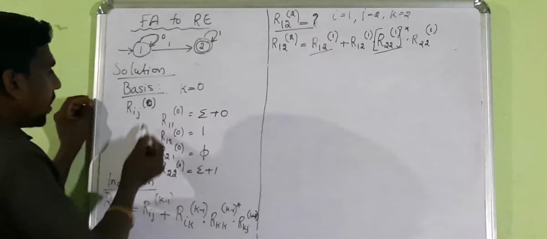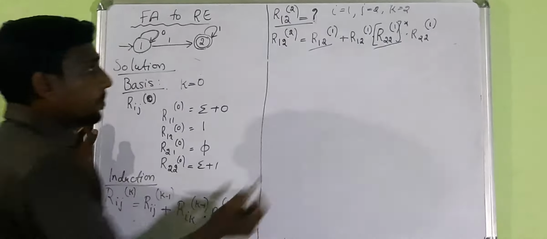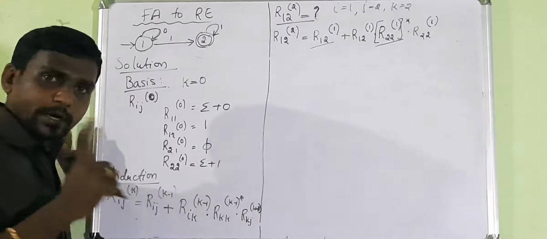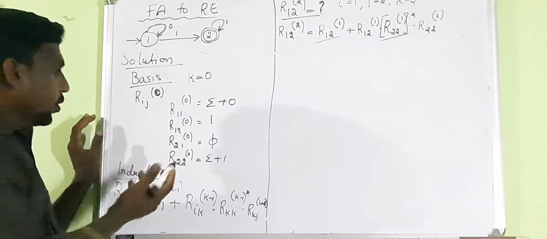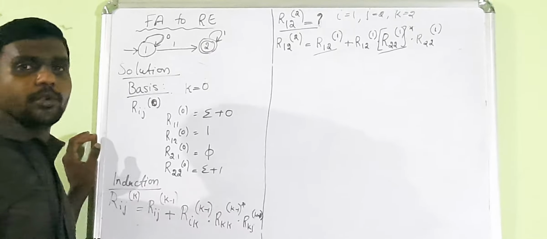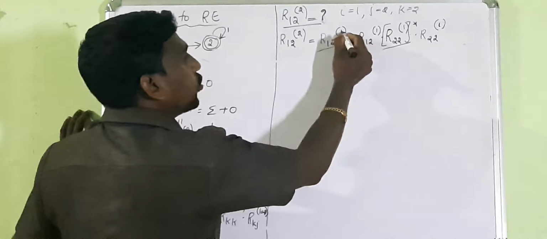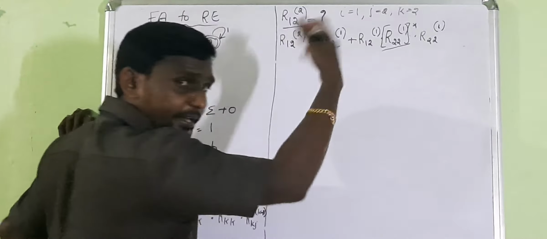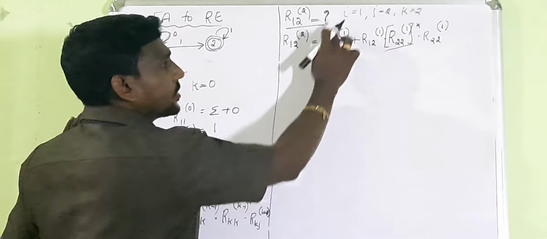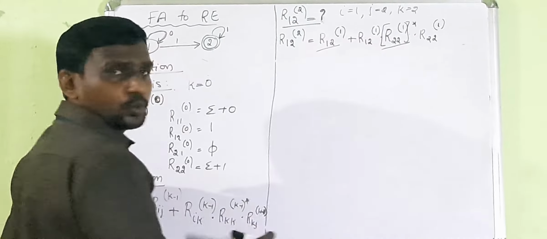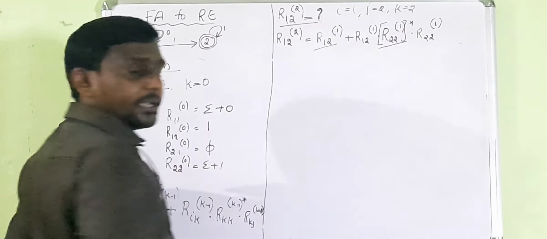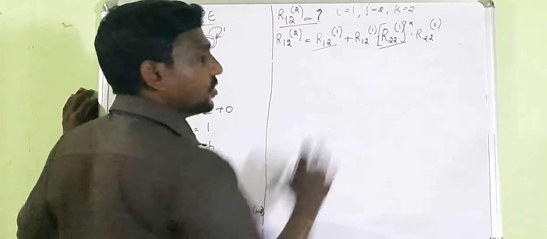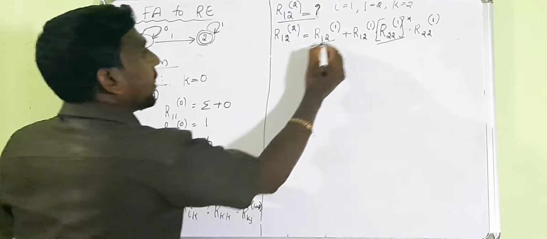Why am I doing this? I have the value for Rij power 0, but here I have the value for Rij power 1, so that value I don't have. I want to make that into 0, so I have to find R12 power 1. If it is different, I have to find that also. These are same, so once I get the value, I can apply it for these two. And these two are same. Once I get the value for R22 power 1, I can apply it for these two. Clear? Okay, so R12 power 1.